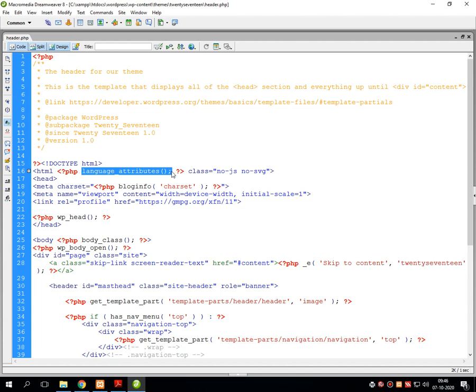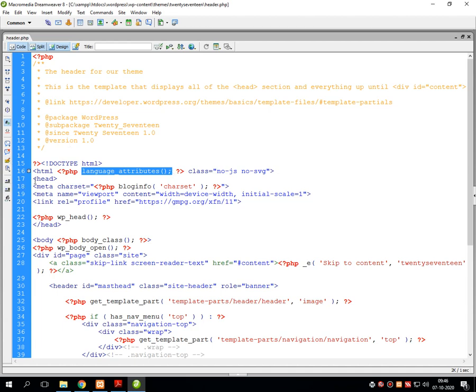If this facility is applicable to the website you are visiting, that is called a multilingual website. So WordPress is also multilingual. That's why this particular function is written over here.